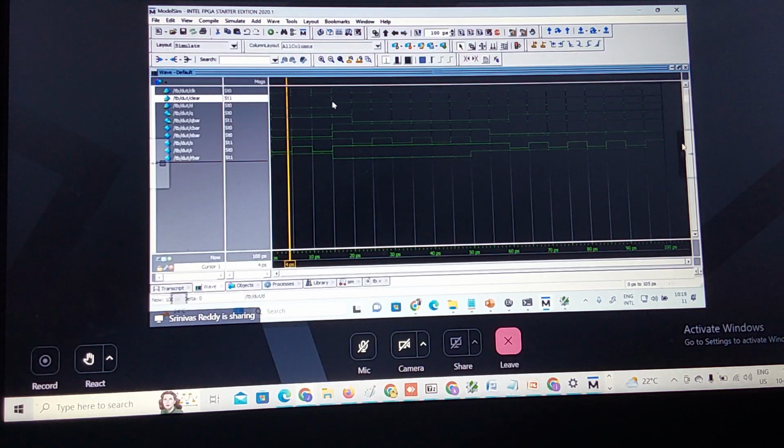This is 1. So D also I am making 0. Clear is 1 and D is 0. What is Q equal to? When clear is 1, Q is equal to 0 and Q bar is equal to 1. Whenever the next negative edge comes, because we are designing a negative edge triggering flip-flop,